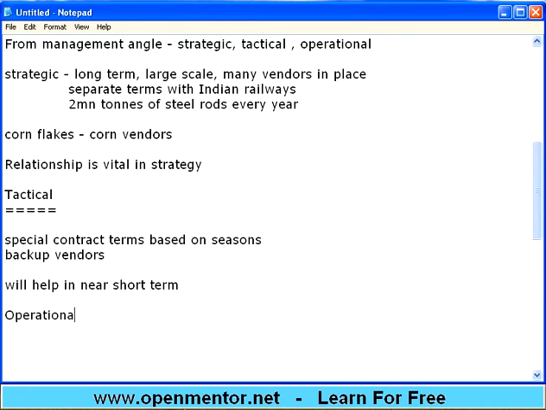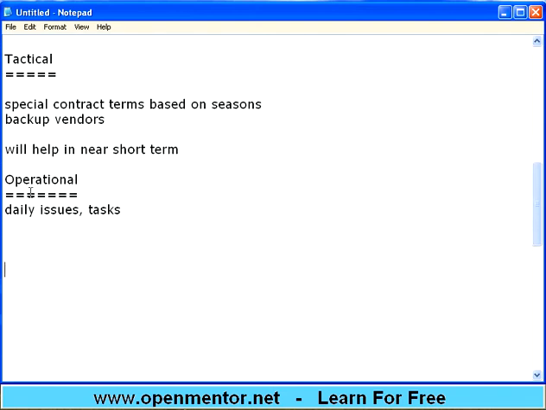There are certain things called operational. Operationals are daily issues or tasks. For example, I need to move this item from this to this as an extraordinary transfer from one warehouse to another warehouse. On that day, your contract may not be covering your best vendor, or the best vendor may not be in a position to service you because that vendor's capacity is full. So you may have to use some other method on that day to solve the problems. So operational issues